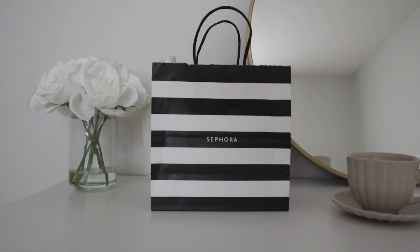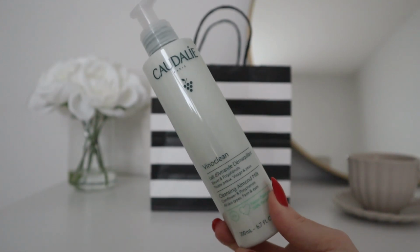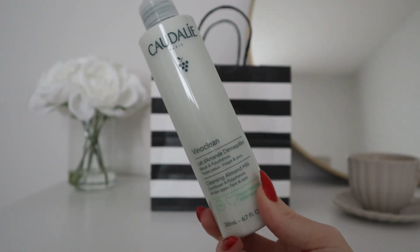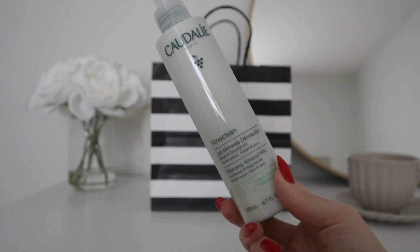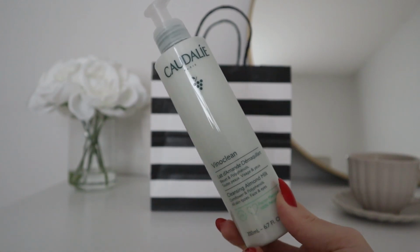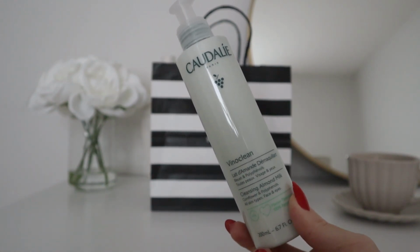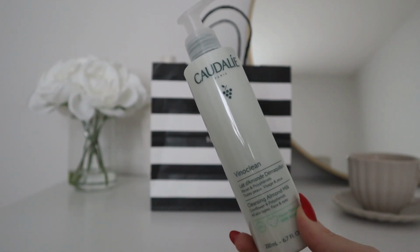Oh my goodness. Okay, this thing smells so good, you guys. It smells like almonds, I think. It smells like almonds to me. And it just smells clean and luxurious and beautiful, and I want my skincare to be something I thoroughly enjoy from beginning to finish. Every single product I use in my skincare, I want it to be something I 100% love to use